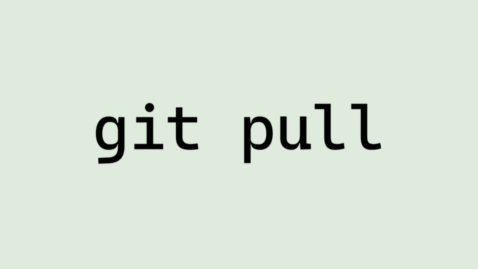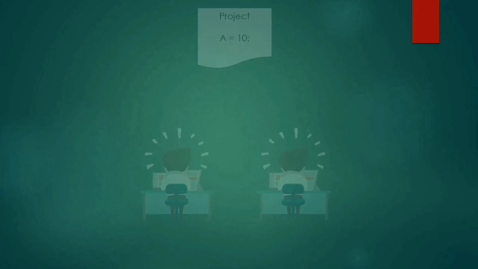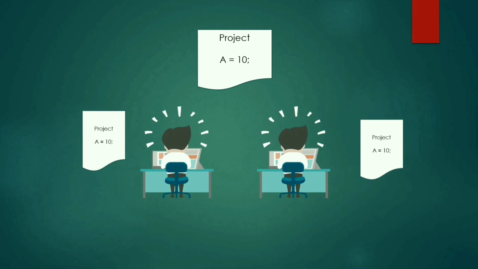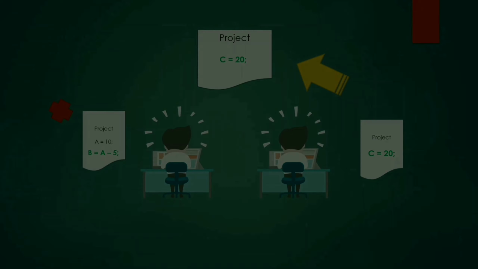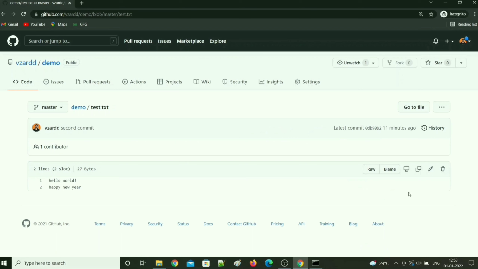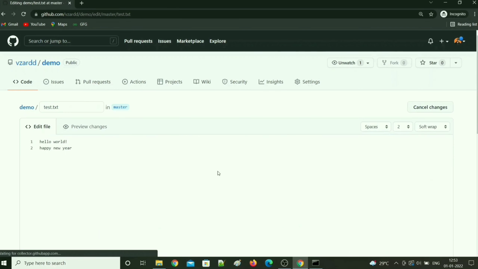The next command we are going to talk about is git pull. Let's say your team is working on a project. You are working on a file and another member from your team is working on the same file. He has committed the changes and pushed it to the GitHub repository. Now you are still working on the older version of the file. What if he had updated a core part of the file that you are currently working on? To overcome this problem, you can get the updated version of the file every time you start working on it using git pull. Let me show you how it works. Let's change the contents of the text file from the GitHub repository.